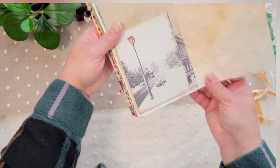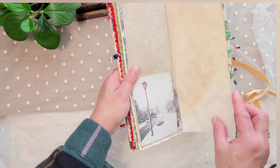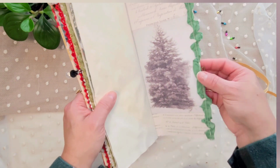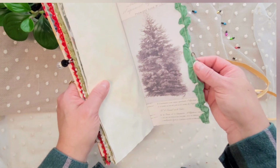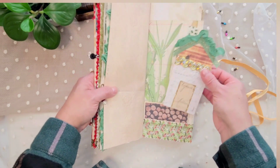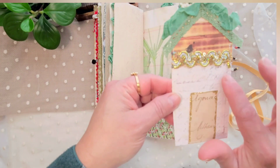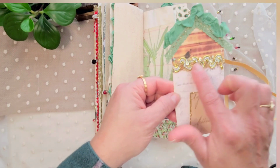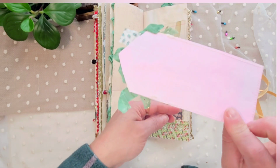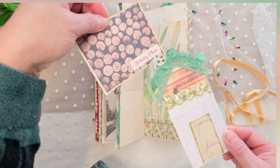Here's another image. Snow. I love that. Reminds me of Christmas in New York. These I made. These are charms that I made. And here's another little house that I made. This is a little bit different. I did use some of those scraps that I had and did the trim and some gold glitter, pink in the back. The same image but with a different